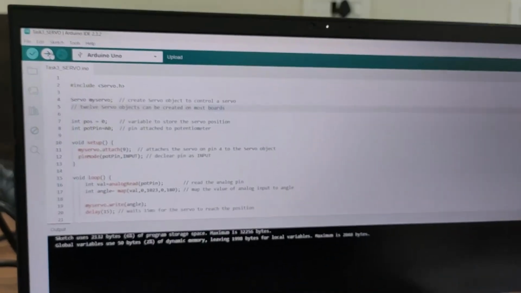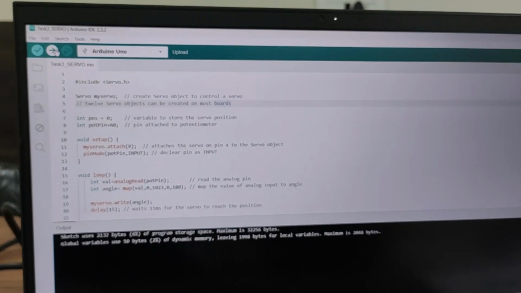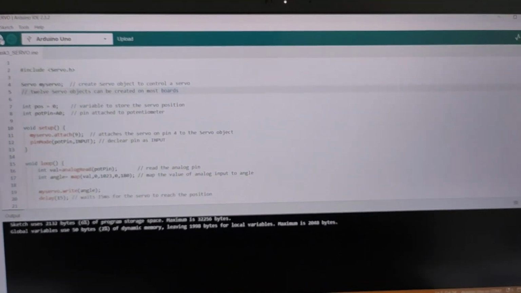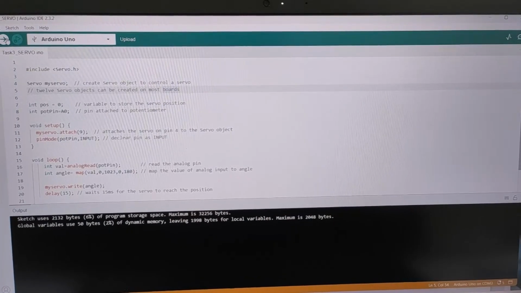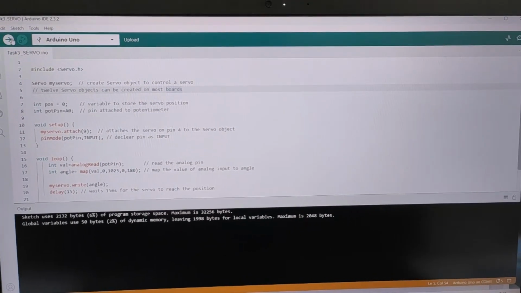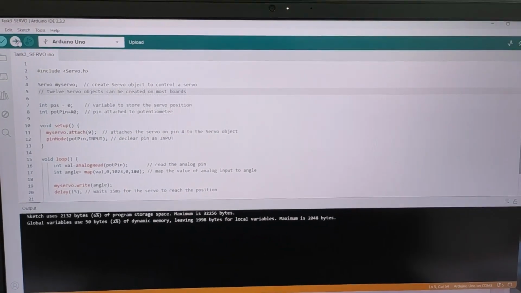This is the third part of the experiment where we have controlled a servo motor using an external potentiometer. This servo motor is extremely important for us in our robotics experiments because we have made very simple linkage systems, serial arms, and mobile robots using it, and it is very easy to control this servo motor. Today in our experiment we looked at servo motor control and stepper motor control.